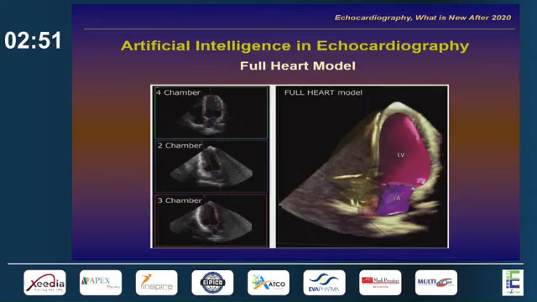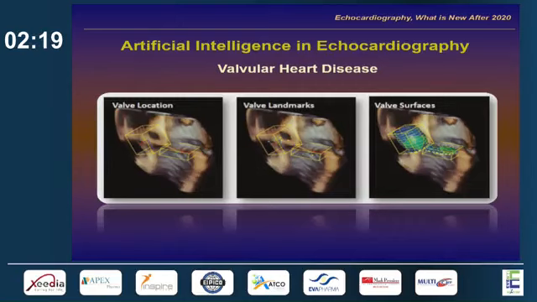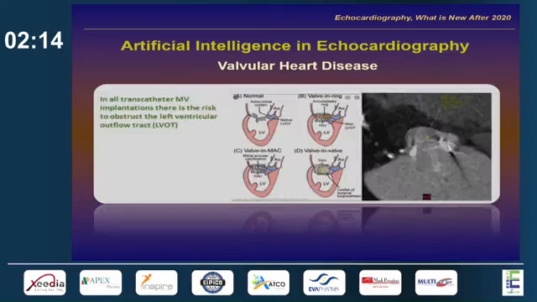Once again, after 2020, we have full automation. You do not have man-made assessment for your echo study. The full heart assessment model is released by one of the vendors, Philips. Actually, this is written in all literature. So we have only 2 vendors for full automation, Philips with its machine EPIQ CVx, and the Siemens company. For valvular heart disease, you can get the valve location, the valve landmark, and valve surface, and